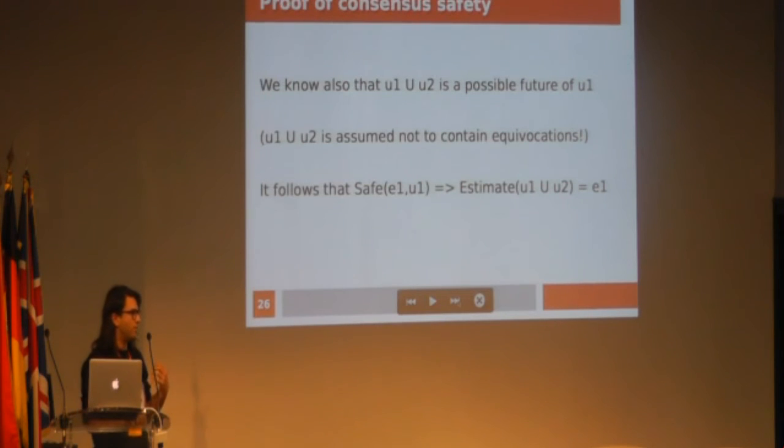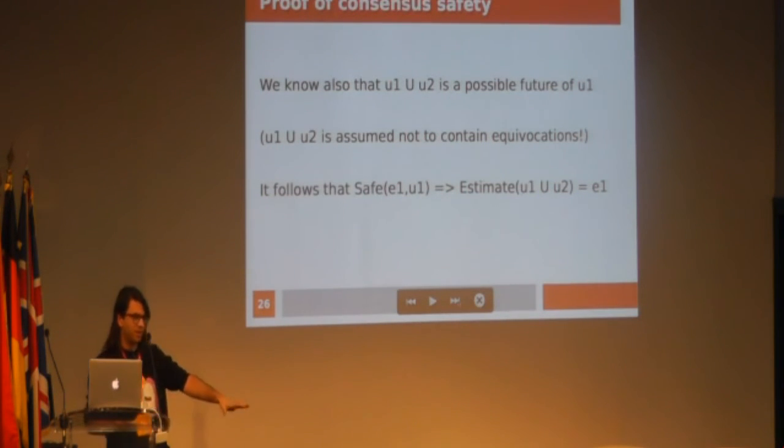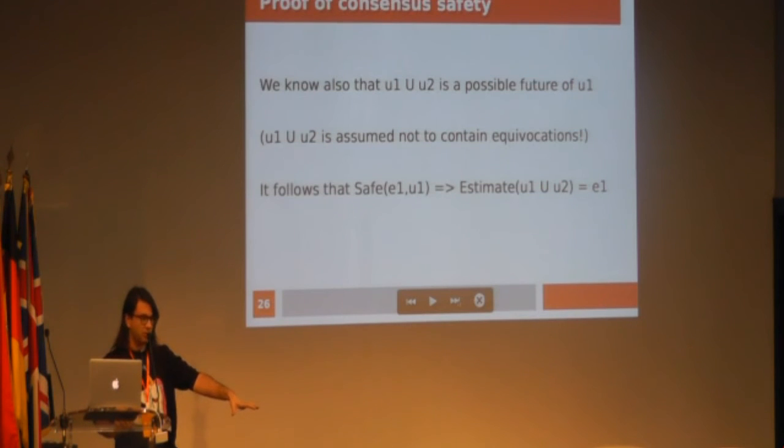Then what we also know is that the union of U1 and U2 is a possible future of U1. Because the client who's seeing U2 could just pass all of the bets that they see to the client who's seeing U1, and that will bring U1 to some new state of the protocol, some future state that they could observe after having observed U1. And here, because we're not in a BFT setting, the union of U1 and U2 is not going to contain any equivocations.